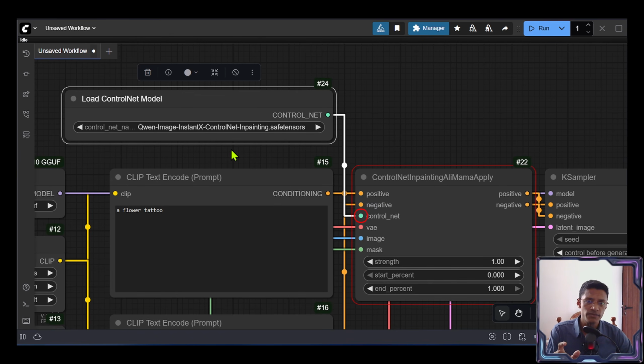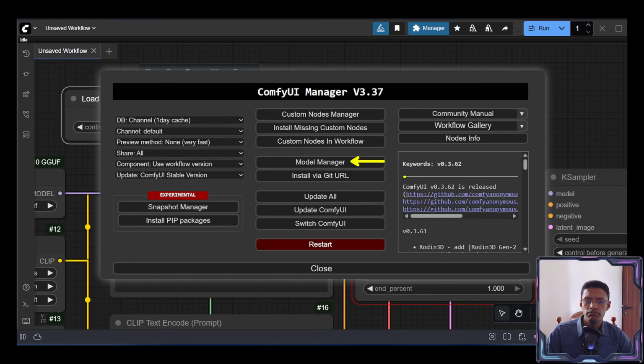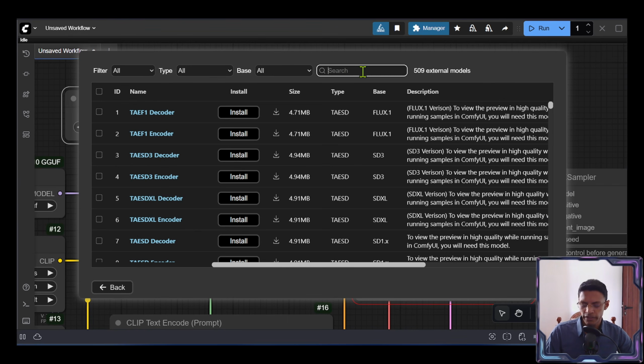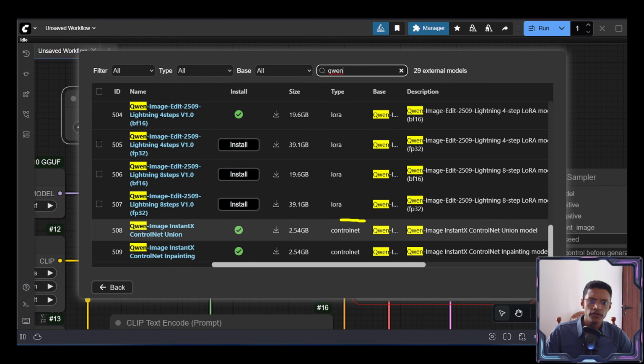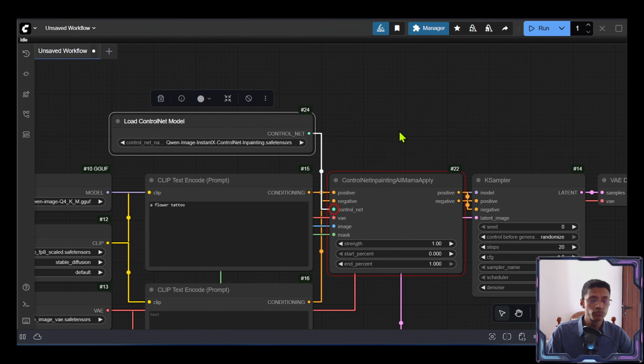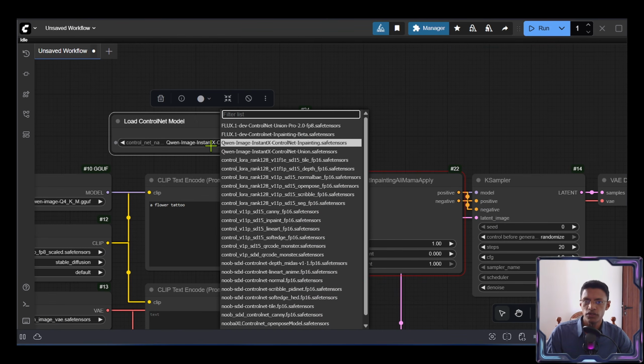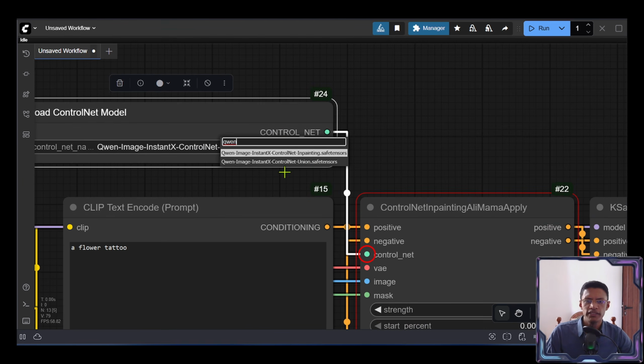If you do not have this model, you can go into Manager at the top, then go inside Model Manager. In here, at the search bar here, we are going to search for Qwen, and then scroll down until you see the type ControlNet, and then select the one that says Qwen image instant X ControlNet InPaint. This is the one. You will get an install button here. Click on install, wait for it to complete. It will automatically place it in the correct folder. Once it's completed, press R on your keyboard, go into the drop down, search for Qwen, and just select the